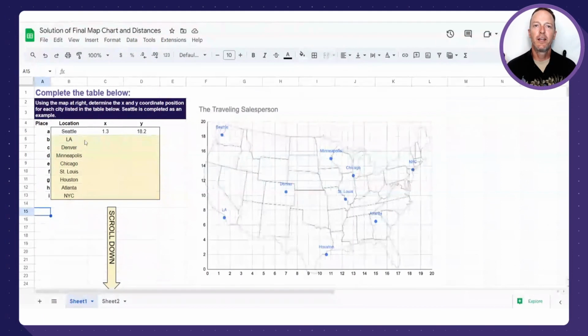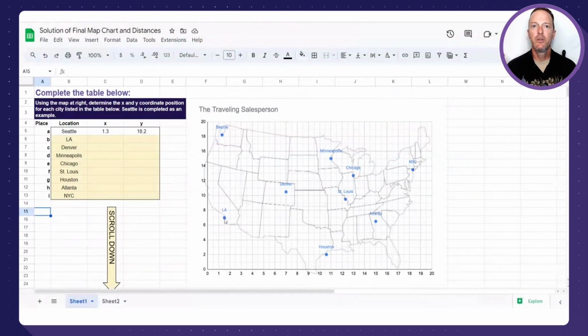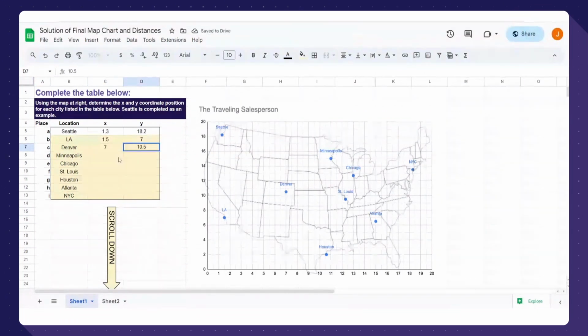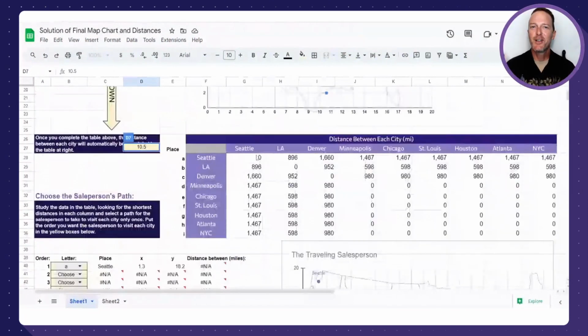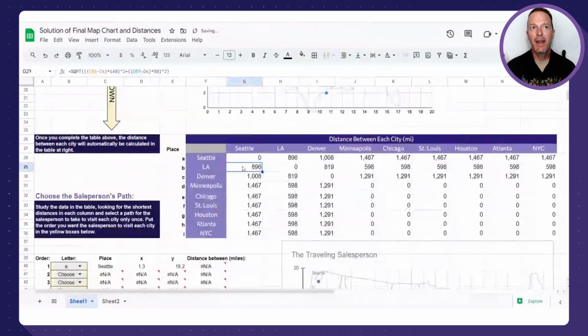Welcome to the spreadsheet that'll help us calculate the distances between our 9 cities. The first thing you'll have to do is map the distance using the XY axes here on the side. The first city, LA, you'll notice has a distance of 1.5 in the X direction and 7 in the Y direction. I'm going to speed this up as I enter a few cities. I don't want to solve all the cities for you, so I'll leave it there. But as we enter the cities into our data table, the routes become solved in our matrix here.